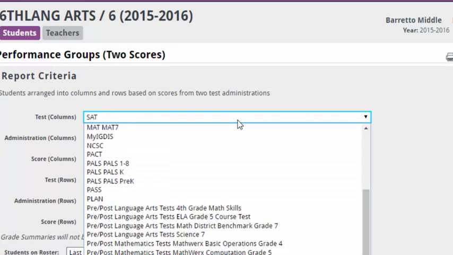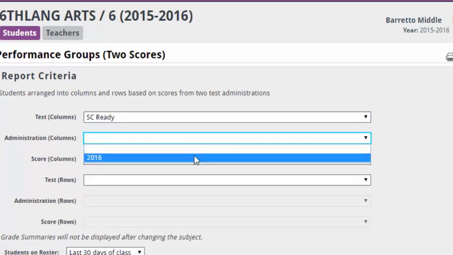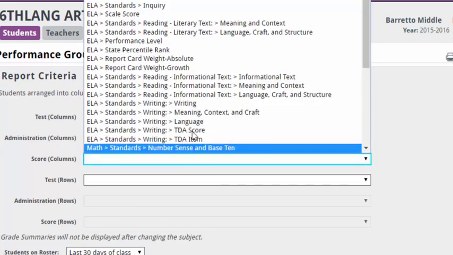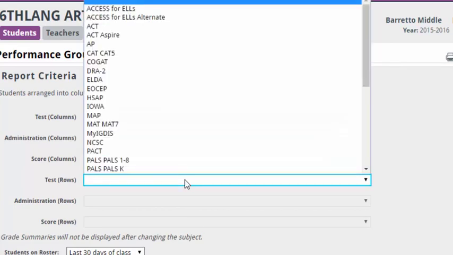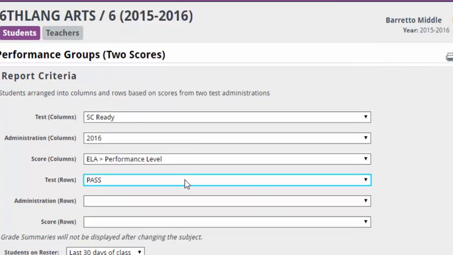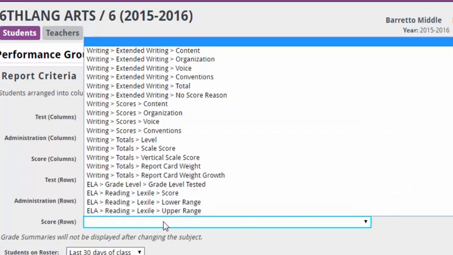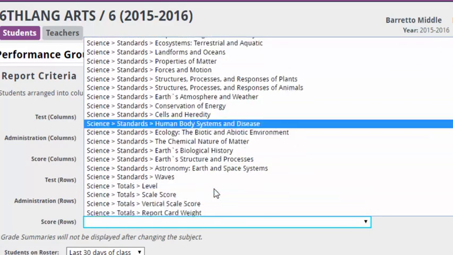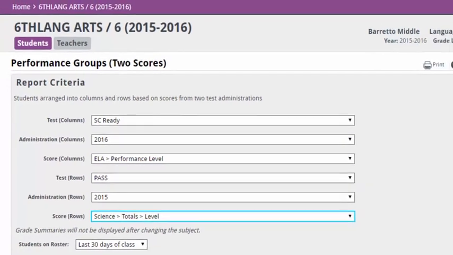So I'm going to start with my SC Ready, and I'm going to choose the administration and the column. So I'm going to choose that ELA performance level. Then I'll go to my next set of scores, which is the rows. So the first are columns, the next are rows, and I'm going to choose Pass because that's where my science scores are. Choose my administration, and then in Pass I'll go down to my science and choose the level scores there. And when I click Run,